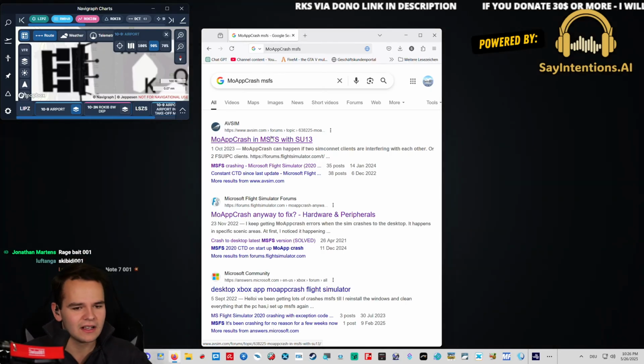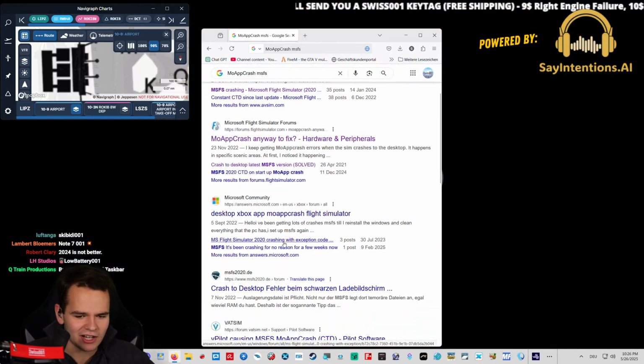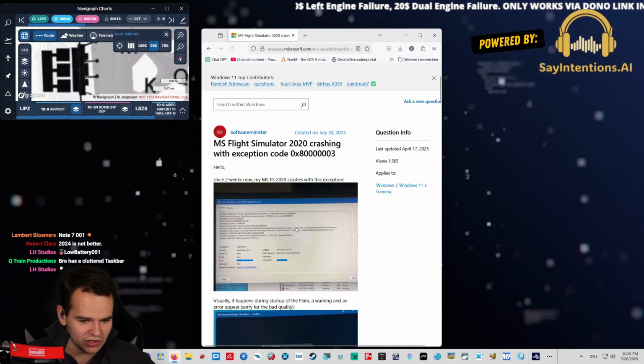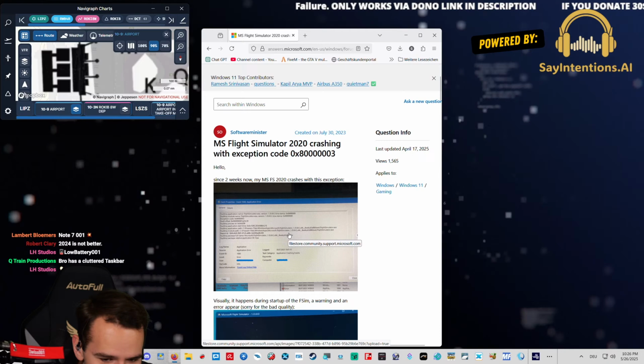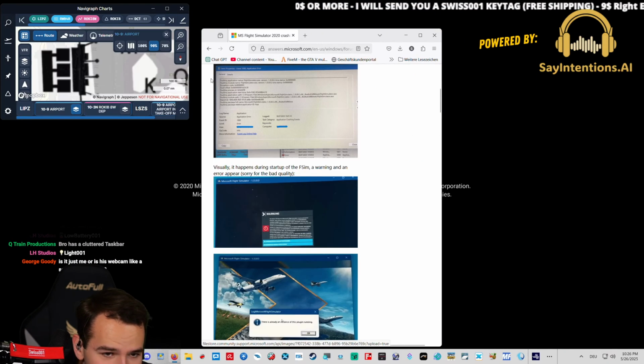Yeah, fair enough. Constant crash to desktop. Microsoft crashing with the exception code. What is the exception code? What can be the issue? MOAP crash, isn't it? Should be MOAP. Oh my god. This thing is just...